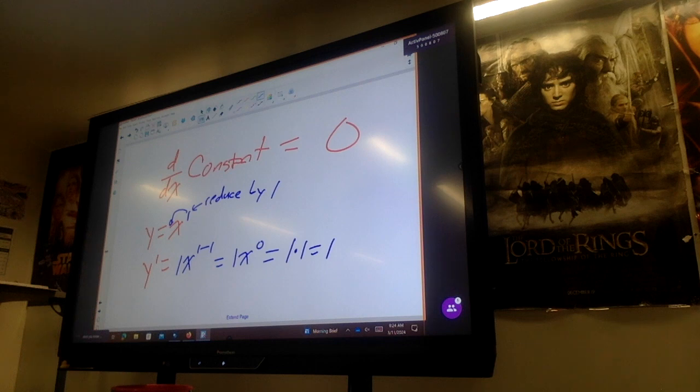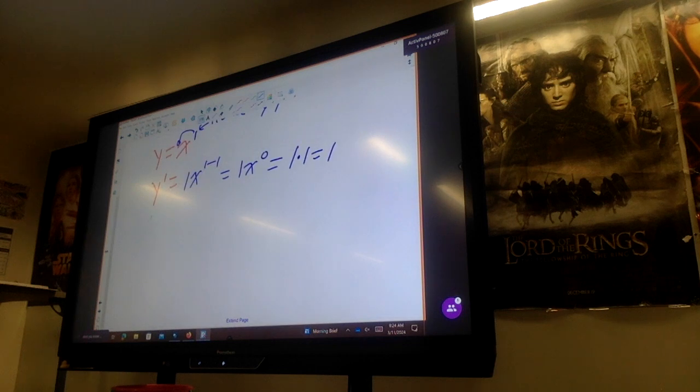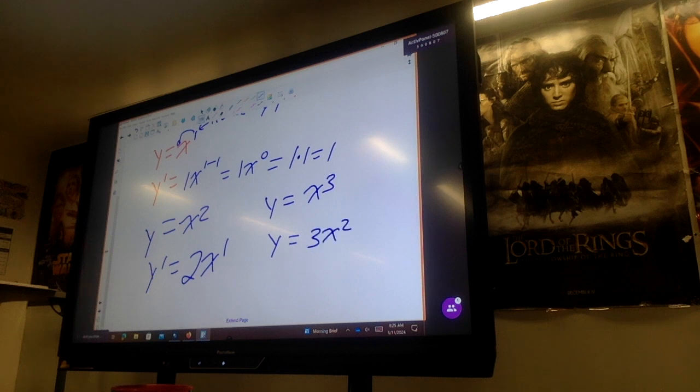So if we had the next one, if we wanted to find this derivative, if we had y equals x squared, and we wanted to find the derivative of that, I'm going to bring the exponent down, reduce the exponent by 1. That's your derivative. Okay? If I had something that was raised to the third power, this becomes 3x raised to the second. And if I had something raised to the n power, this becomes y prime,